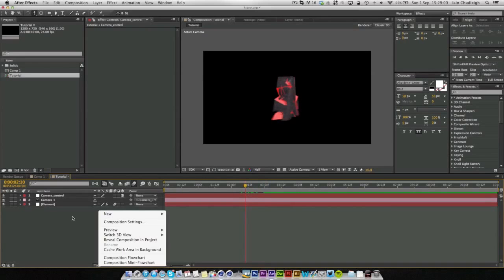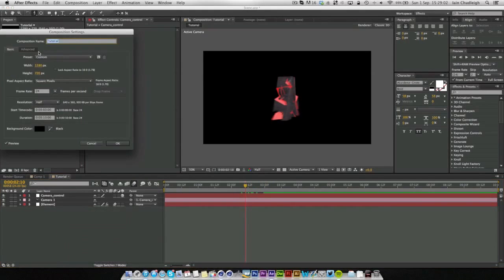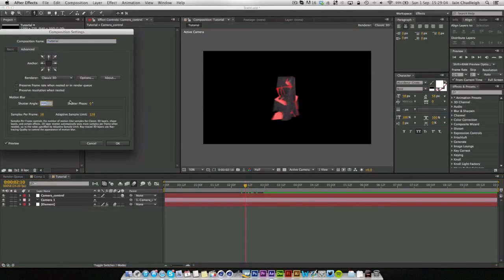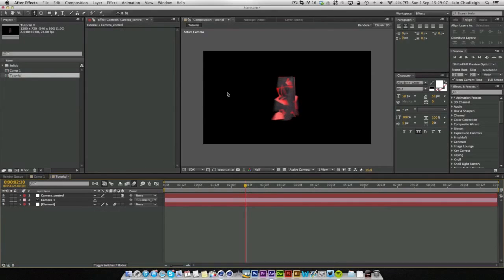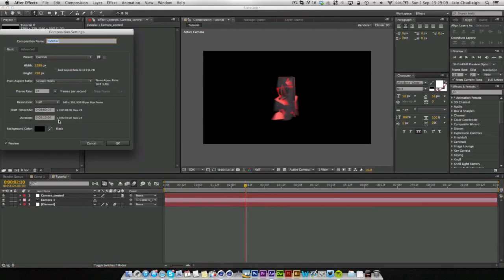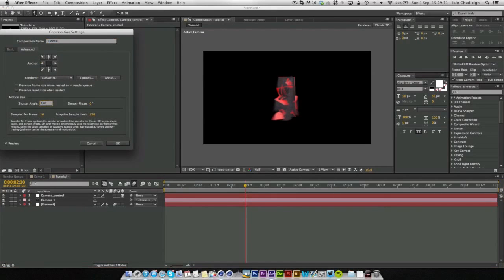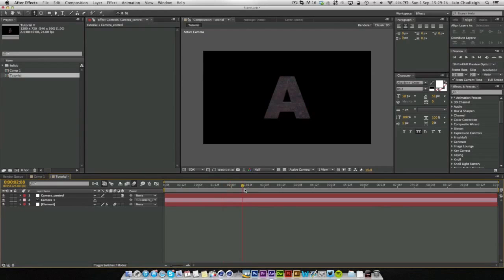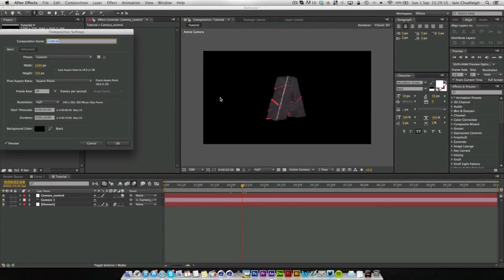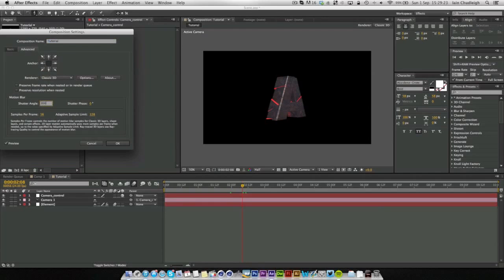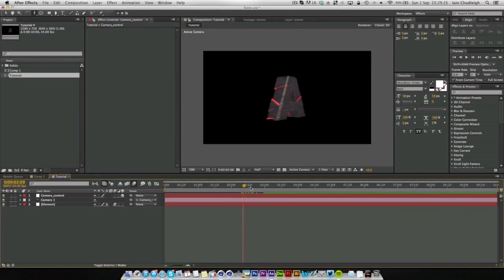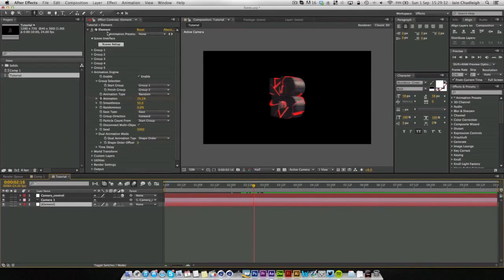If you want more motion blur, you can right click here, go to composition settings, advanced, and under shutter angle we can increase this to like 500, or if we want less we could decrease it to something like 140. All depends. As Element 3D doesn't do kind of real transitions, motion blur really helps to kind of fake the transition. So you can see here it blends really nicely,